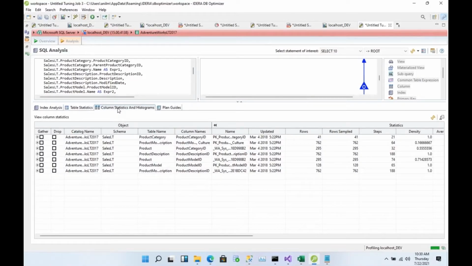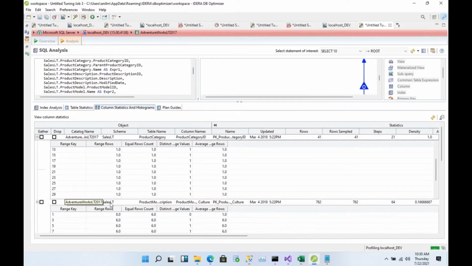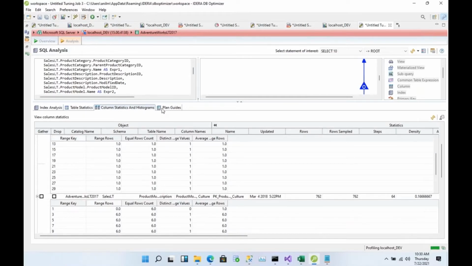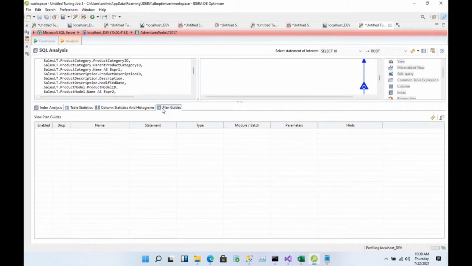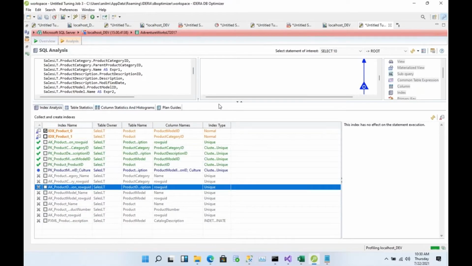Next, we have column statistics and histogram. This is where we can view and leverage this. The plan guides help you, if there are any plans, you can take a look at them here. But for right now, these are some of the cool features of DB Optimizer that you can leverage immediately